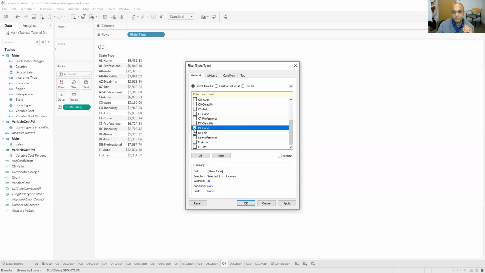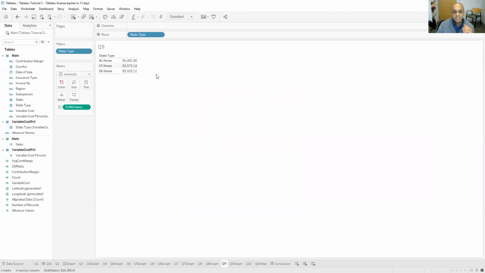This can show you that the leading state for the home insurance here is Delaware, and the poorest one is